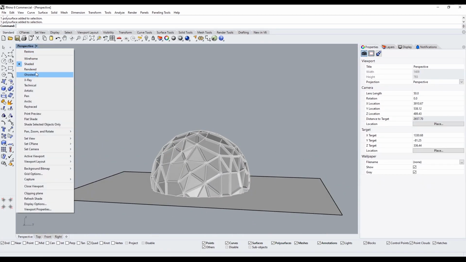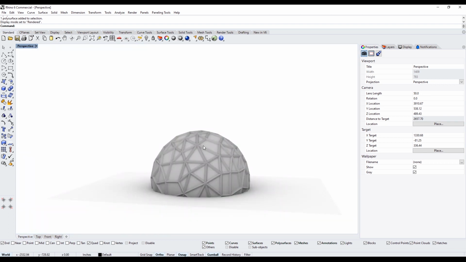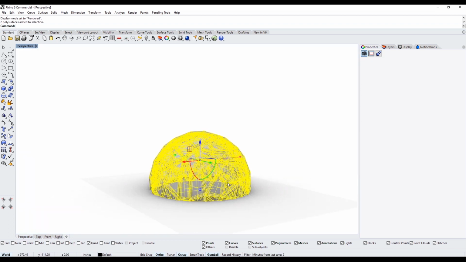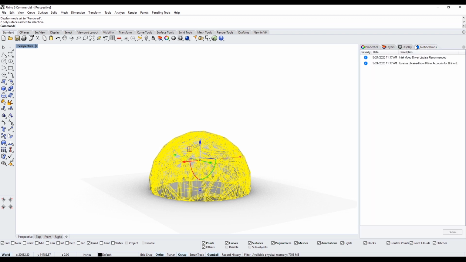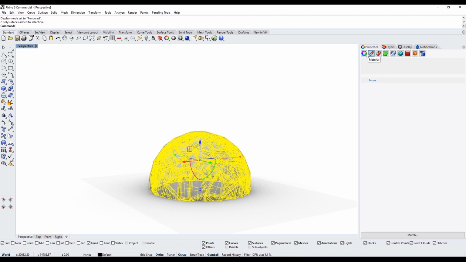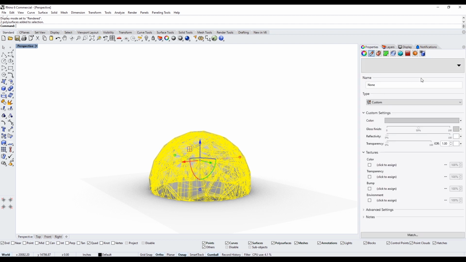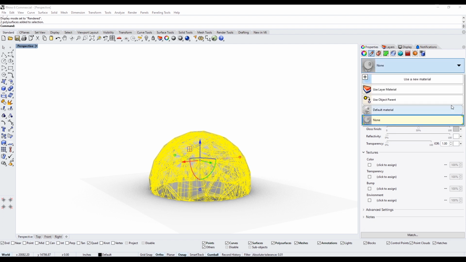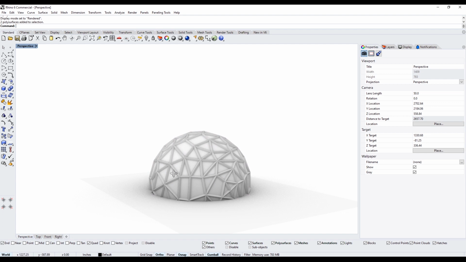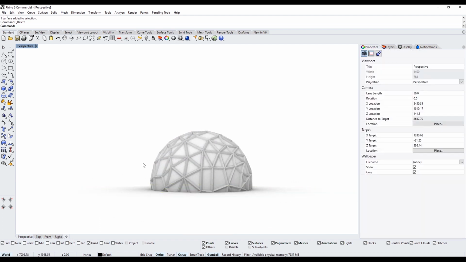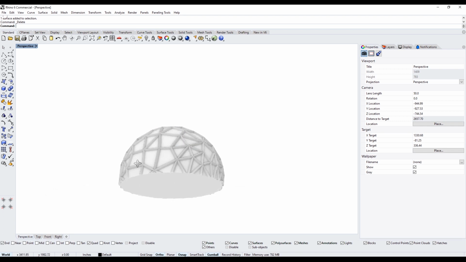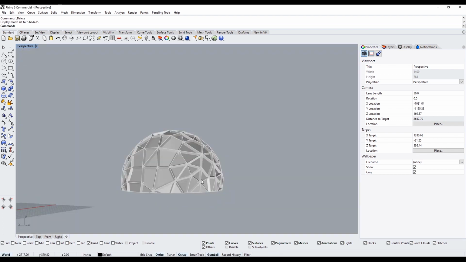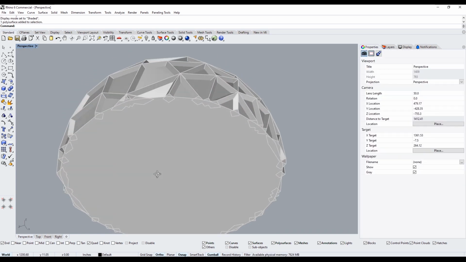and we can go here to rendered view and see what that looks like. Now it looks like it has a material applied to it. So let's go to materials, and then we'll go to default material. Okay, the next part's going to be I'll go back to shaded, and I'll take this, and I want to